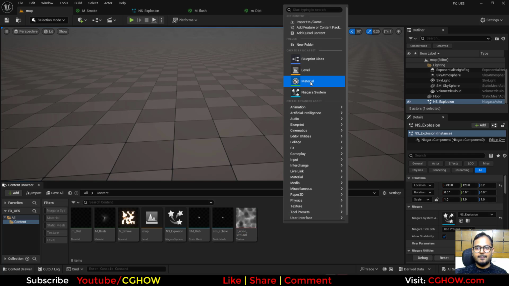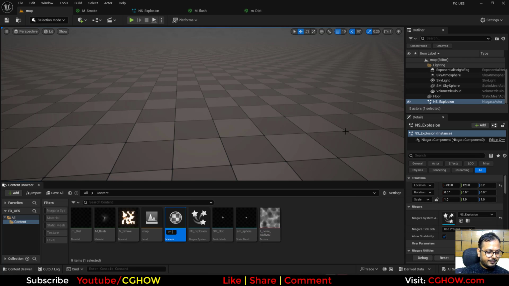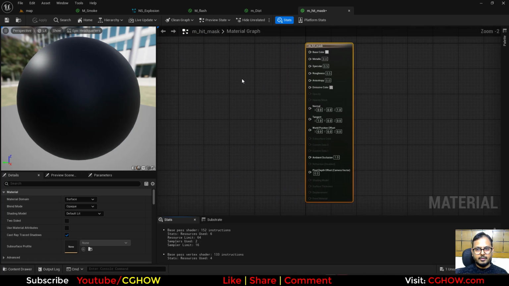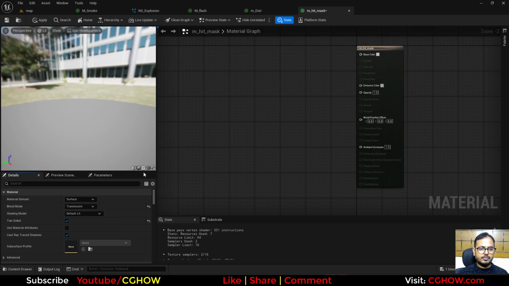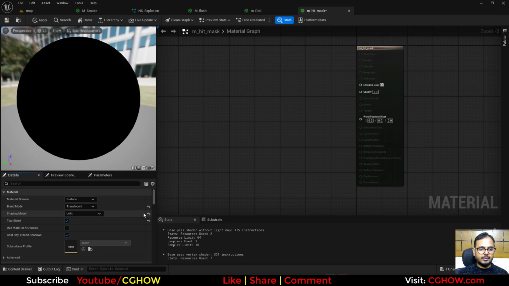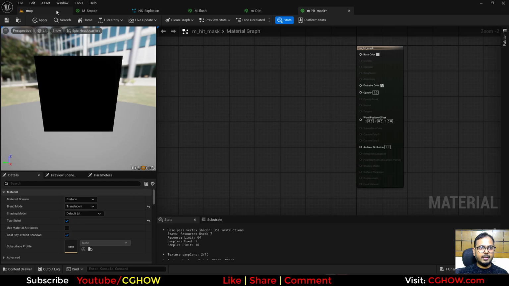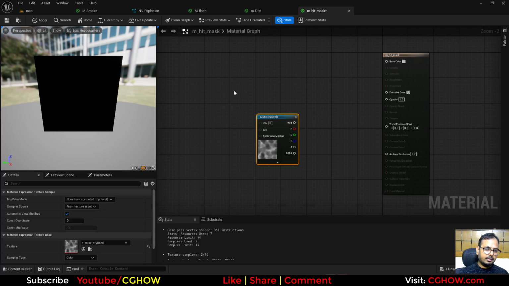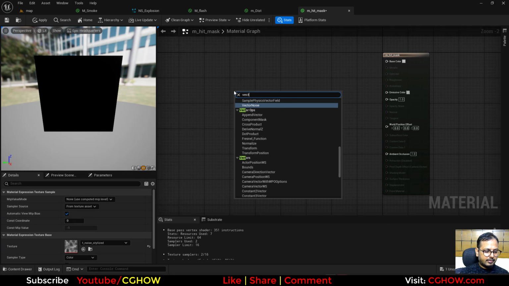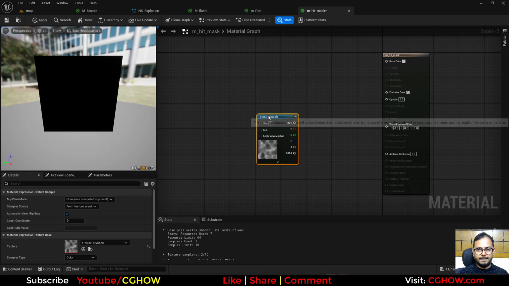that noise texture. So I'll just make M hit mark, and in here I'll use translucent, to side it, unlit. You can use lit actually. And on a planar, I'll use this texture. I'll again go with the factor to radial,